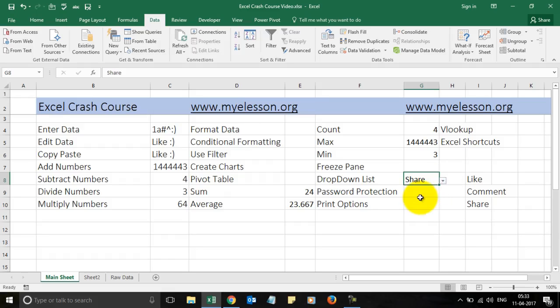See, that's one way of doing it. There are more ways of creating drop down lists, of course, which are covered over here. You get the hint. Now let's talk about password protection so that nobody can go ahead and open this file